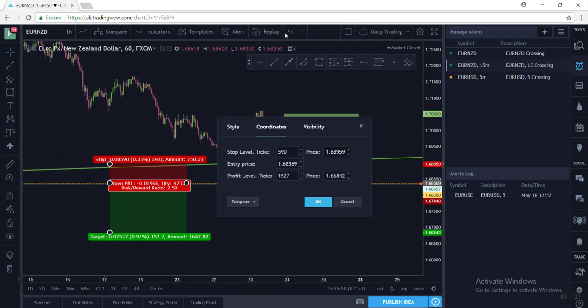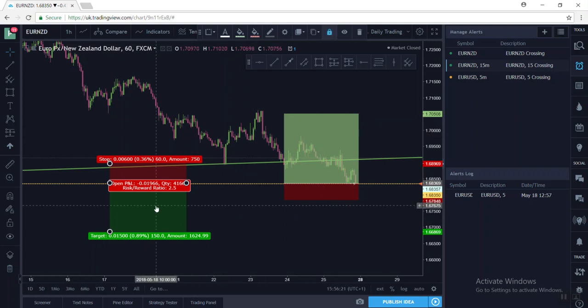Again, you can come in here and say, right, let's make it a bit more accurate. 1500 is 150 pips. My stop loss is currently 59. Let's just make it 60 pips. Okay, there's your entry price, which you can adjust,